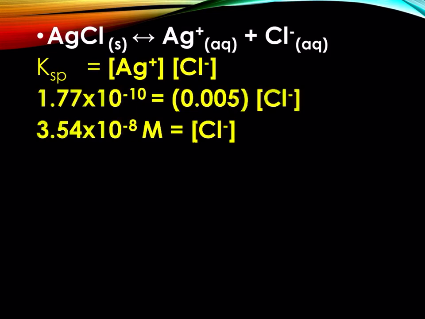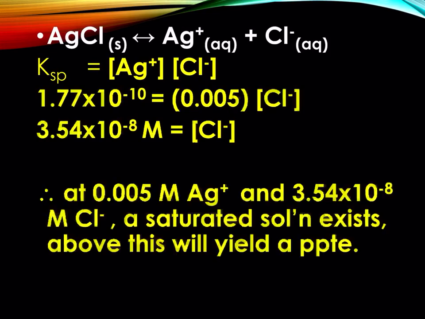So if silver is 0.005 and chloride is 3.54 times 10 to the negative 8, that is going to be equal to KSP. So if you left your answer like this, it doesn't really answer the question. So what concentration is required to just begin precipitation? You want to say anything above these two concentrations. So whether you increase the silver or increase the chloride, it would make it shift to the left,